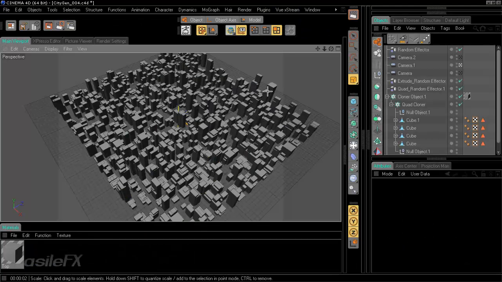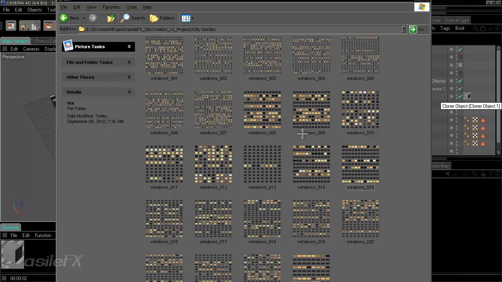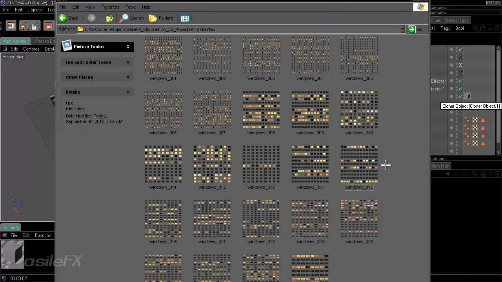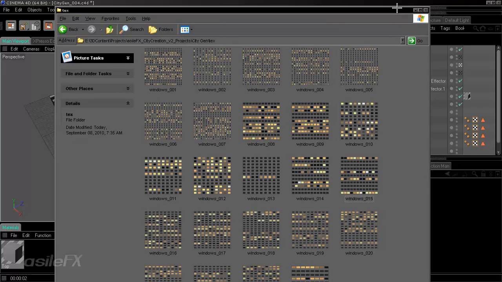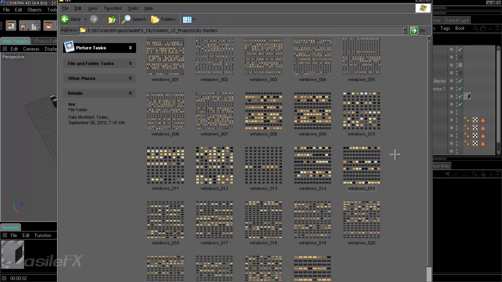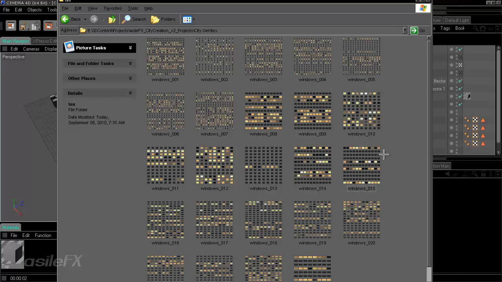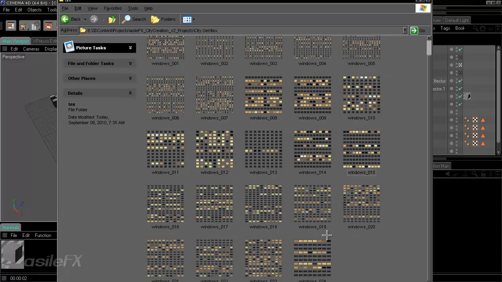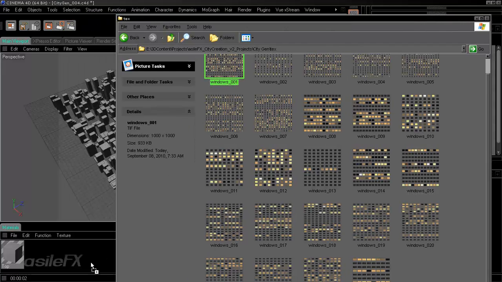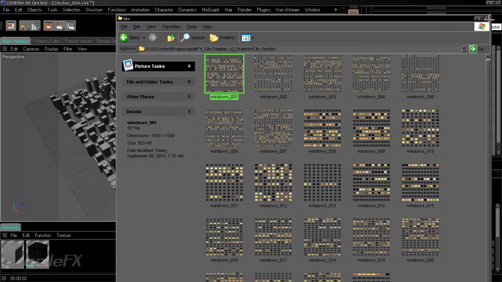So I've gone ahead and rendered out my images for the textures, and what I have are a little over 20 images that I'm going to use, and I've named them as they would be for an image sequence. So they do go in order, 001, 002, and so on, up to 24. So what I want to do is take just the first window and drag it in to the materials,